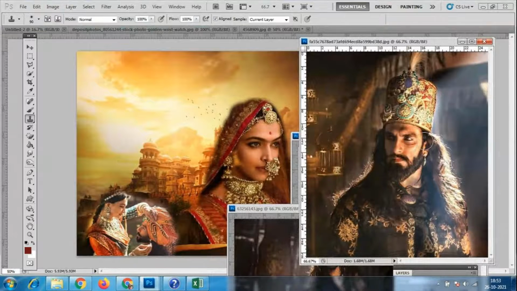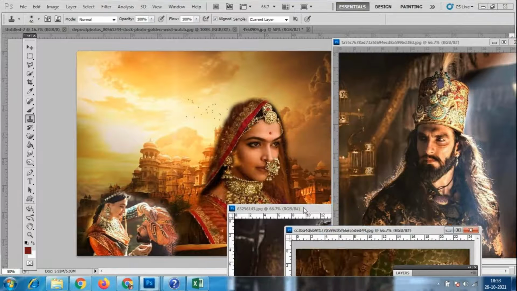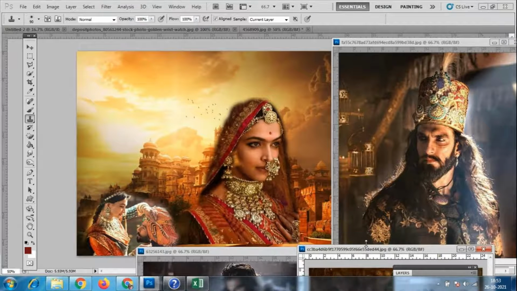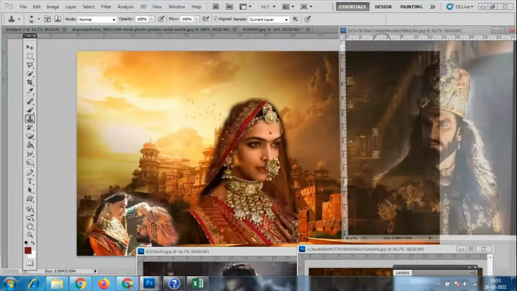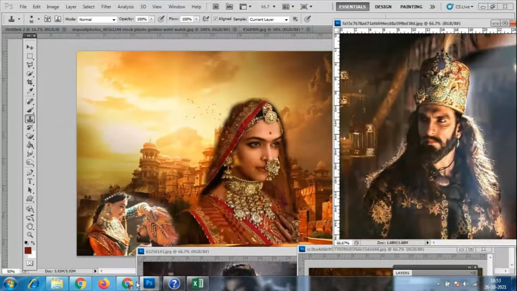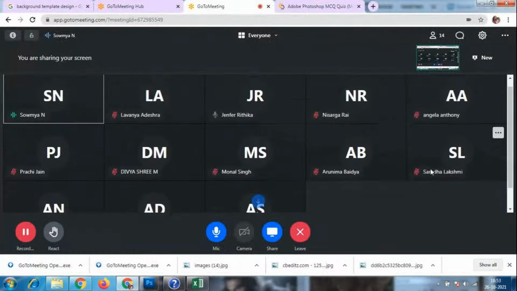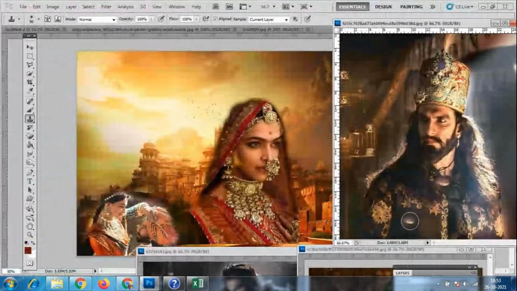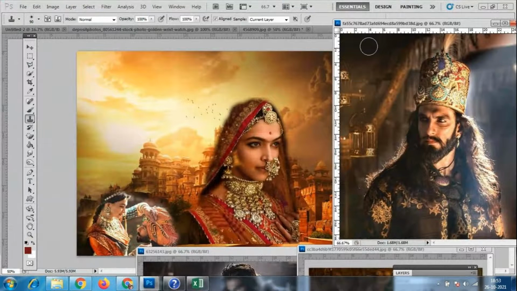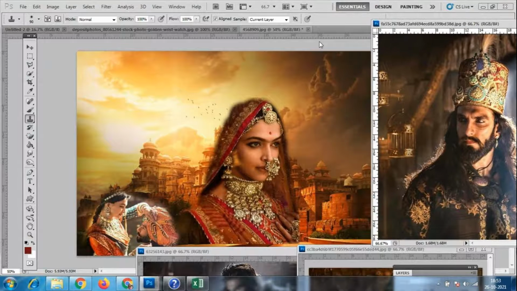You have to press alt and left click together. Okay, so you have to keep the image like this, alt and left click. Now wherever you want you can place it, like this.